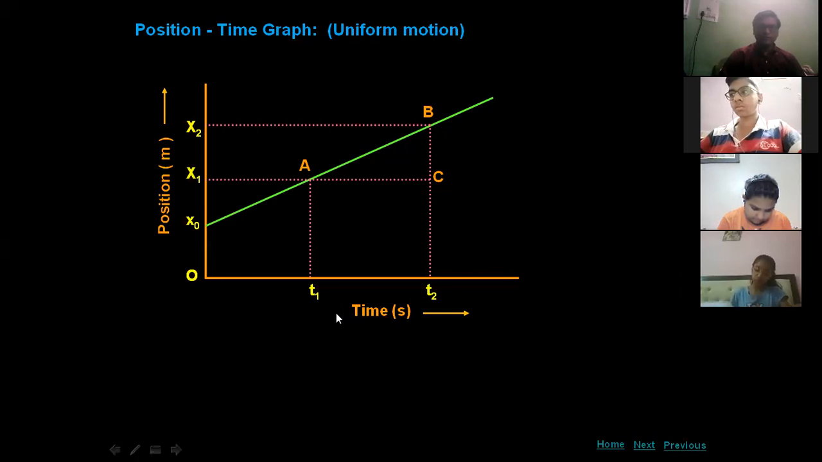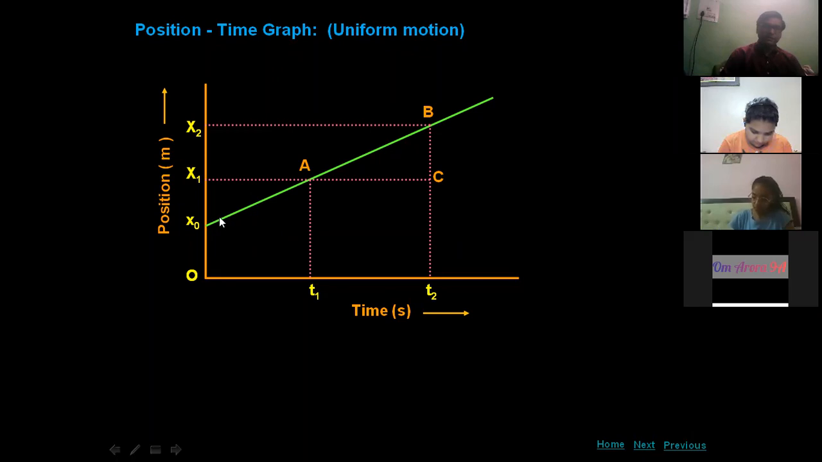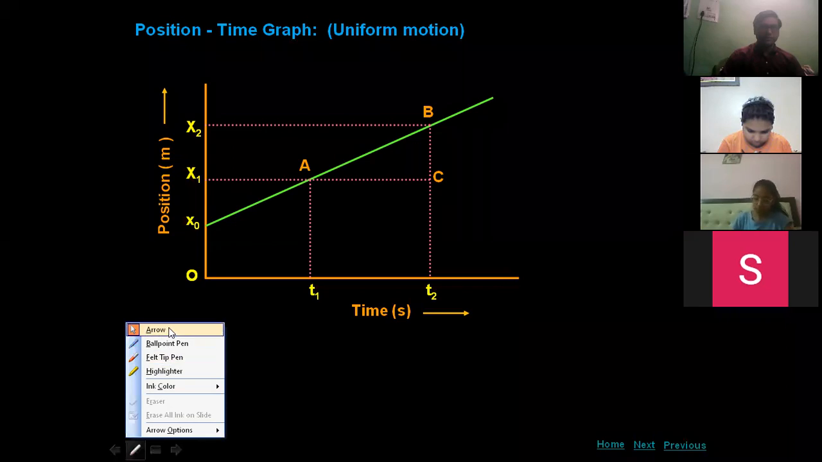So we are studying position time graph. It's a position time graph. Along the vertical axis, we have plotted position in terms of meter, and along the horizontal axis, time in second. Position in meter and time in second. And it's a sloped line, AB. And at time T1,